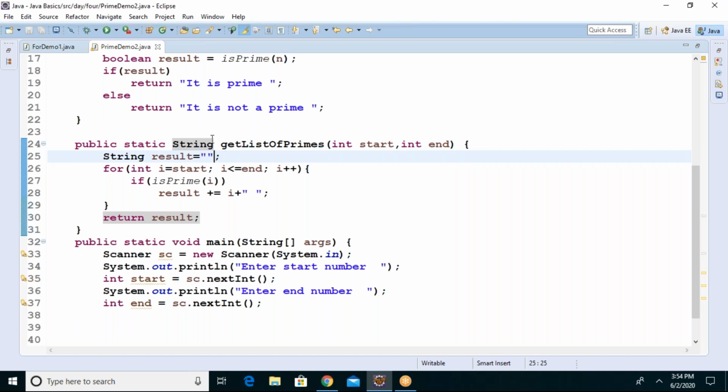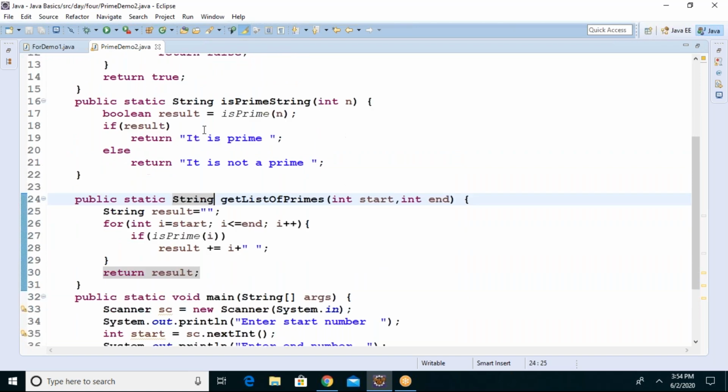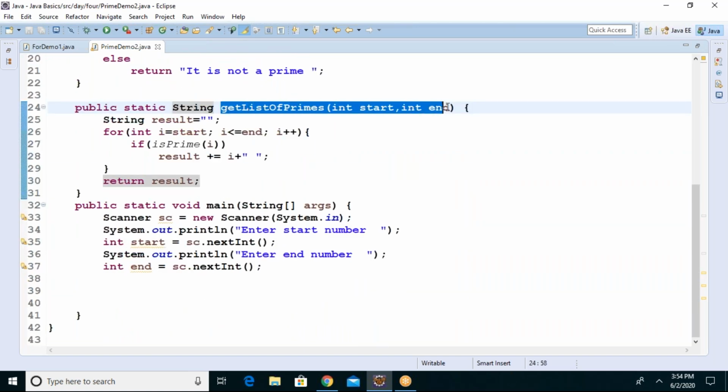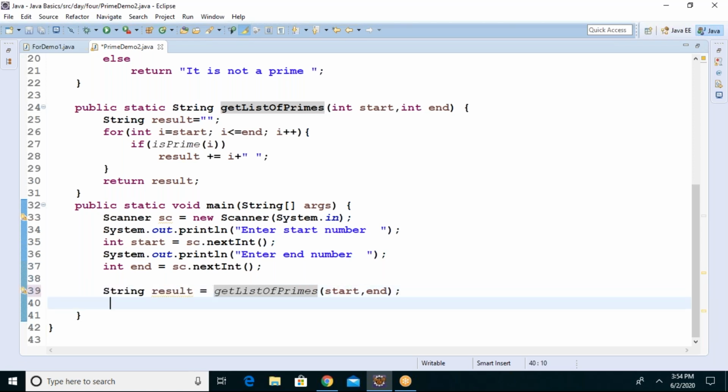I will call this method. I don't worry in the main method about these other methods, because I call this method from the main method. My concern is what right now? I want you to tell me what is the list of prime numbers in these given two numbers. So this method's job is what? It will give the list of prime numbers in the form of a string result that you can print here, guys.